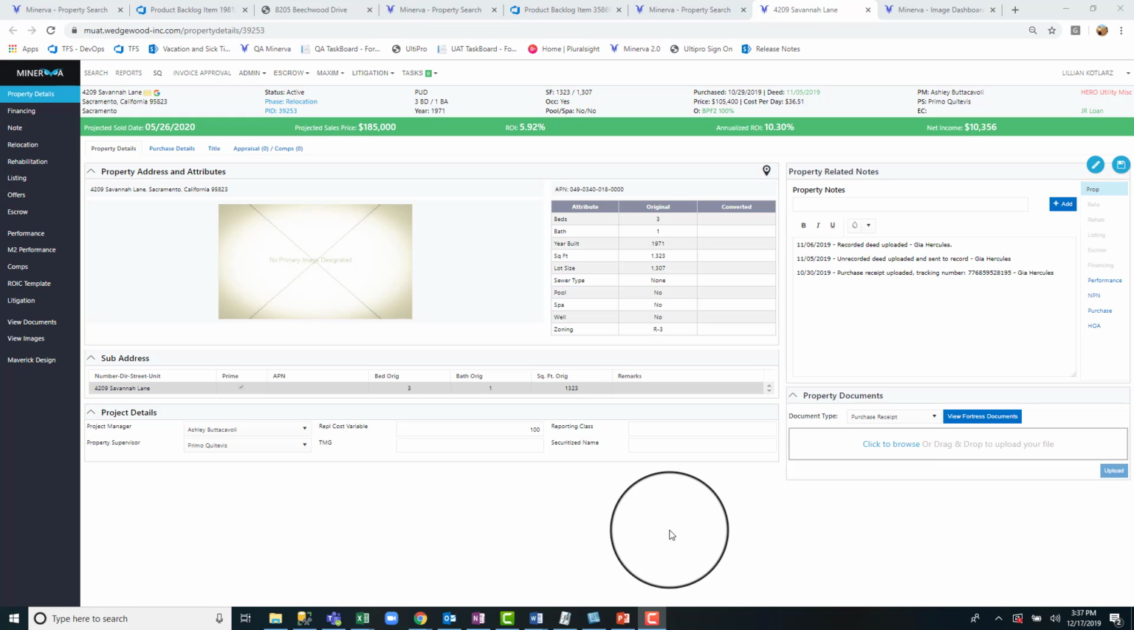In this tutorial, we'll go over how to upload images into Minerva's image dashboard. If we're using this property as an example, on the property details page, in the property address and attribute section, the primary image of the property is supposed to display. If I see that there's no primary image designated in this section, that tells me there's no primary image. So if I wanted to upload images to Minerva, what I would do is